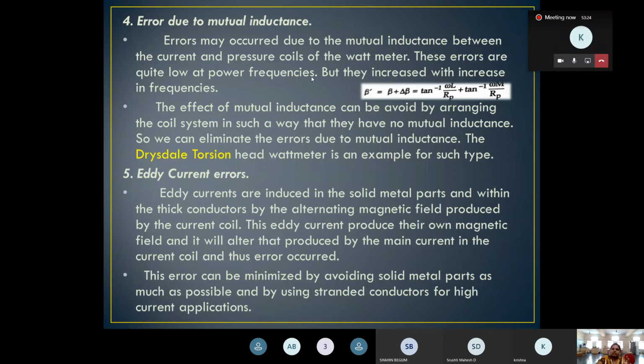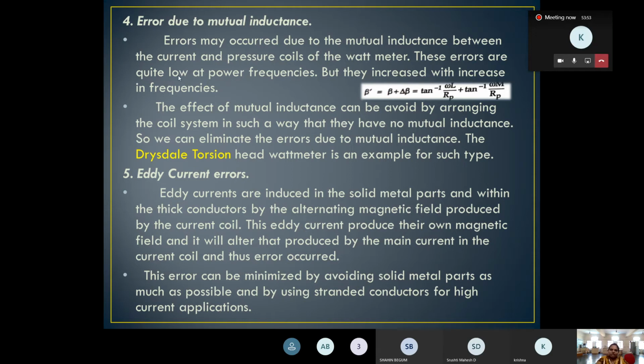The error that occurs is of a smaller value, but it increases with the increase in frequency. The supply we give is typically 230 volts and 50 hertz, and the design requirement is only 50 hertz. But when you supply a higher frequency, the frequency range varies and the inductance will start giving some errors.